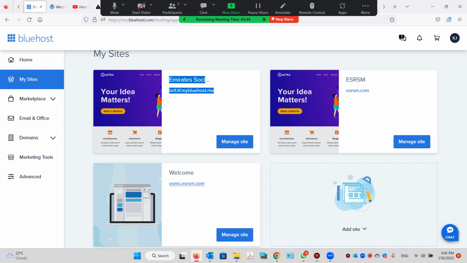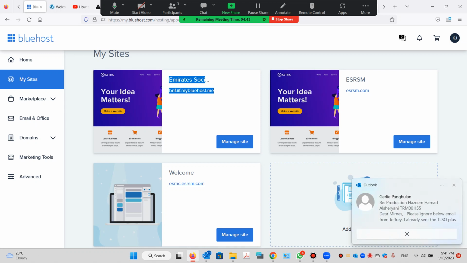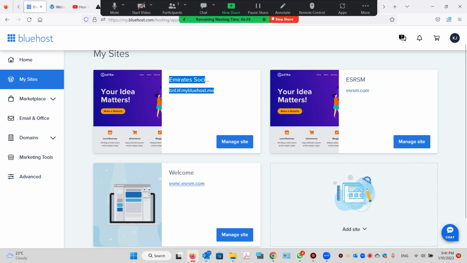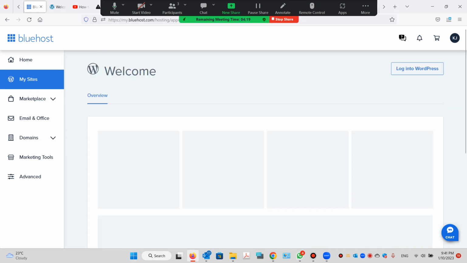But .com is actually more global. .com is more global than .ae. .ae is local. .com is international. If Catherine or the other company use Bluehost, both of them can log in at the same time. I'm logged in now and she logged in too. Yes, they can work from here. It's separate, without disturbing one another. Anyone, any person can manage their website from there.